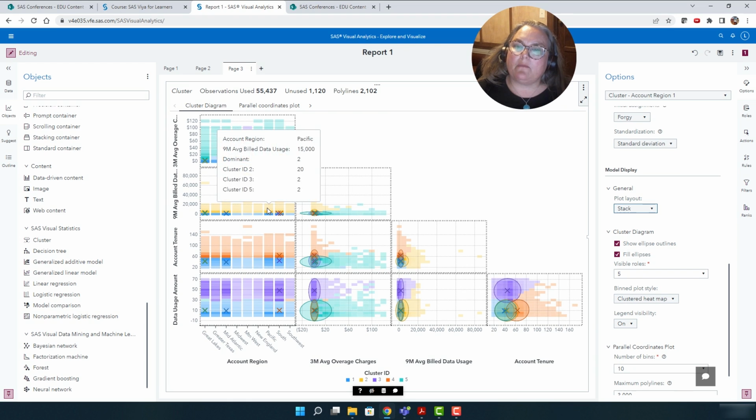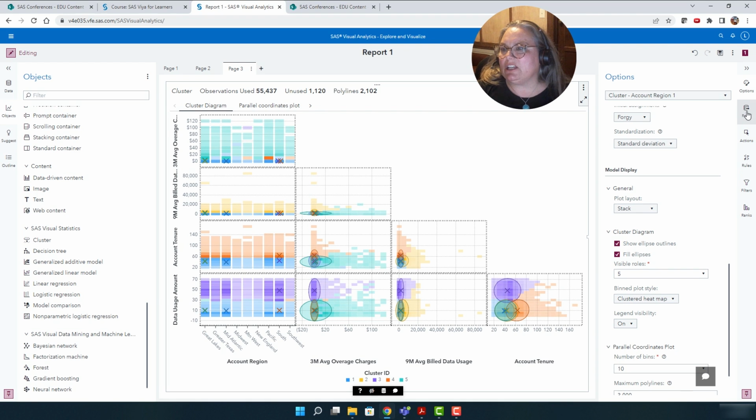For the 9-month average bill, it is cluster 1 at the very low values, and then cluster 2 with a couple outliers. And as far as the regions go, we see that cluster 5, this is the 3-month average. So I think that I may remove the account region.